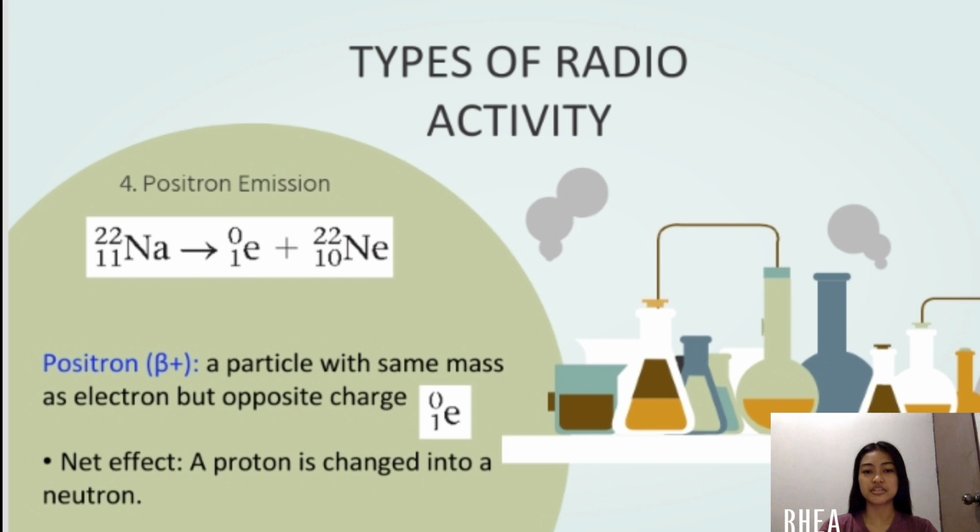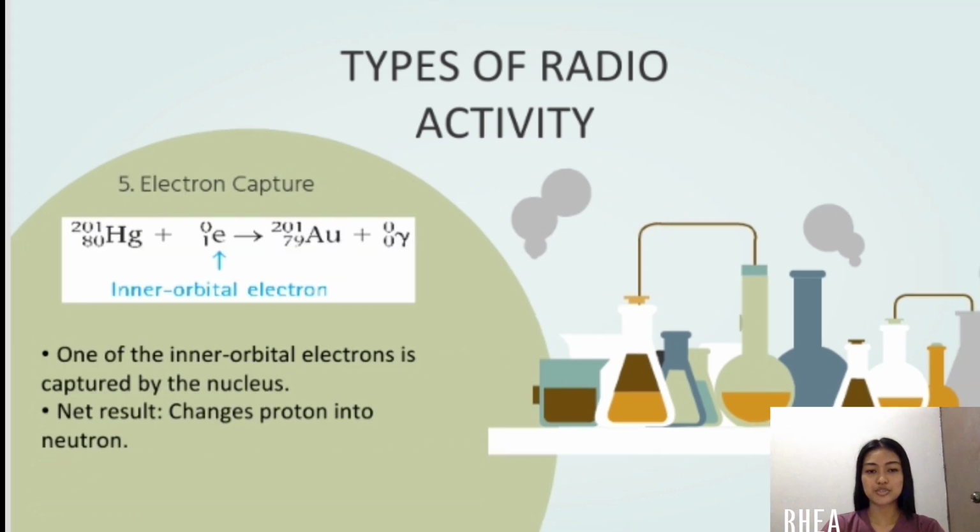Following the gamma ray emission is the positron emission. A positron is a particle that has the same mass as an electron but has a charge of positive 1 rather than a negative 1. Positron emission is much more rare than alpha or beta emission. Because a positron has no appreciable mass, the nucleus is transmuted into another nucleus with the same mass number but an atomic number that is 1 unit less. For example, sodium-22. In this balanced nuclear equation, the mass number on the left and right are 22. The atomic number on the left is 11 and that on the right is 10.